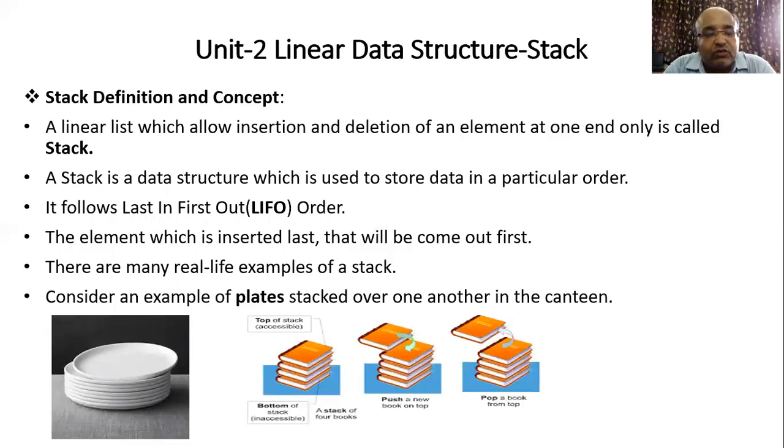It means this also belongs to a linear data structure. That is why I have mentioned it is a linear list which allows. So you can insert an element into the stack, and you can also perform deletion of an element from the stack. But both things, insertion and deletion, will be performed from one end only.